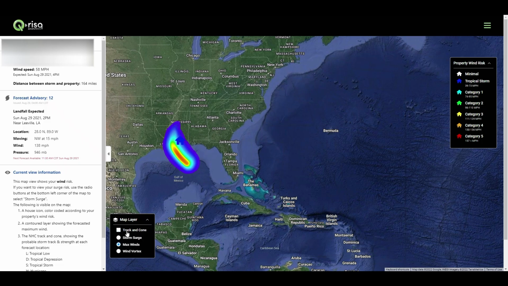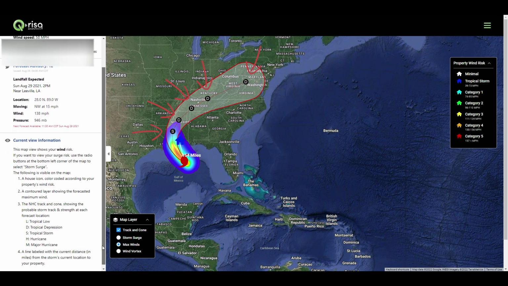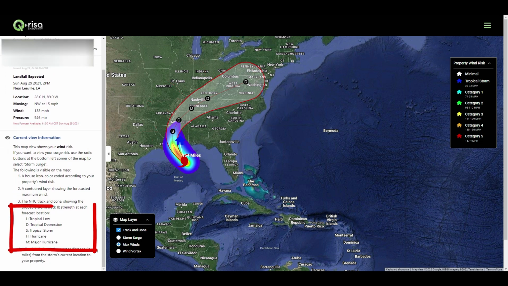Click the button in the map layers table labeled Track and Cone to display the storm's track and strength. The storm's strength is indicated by letters at certain points on its track. The meaning of the letters is defined in the Current View Information section in the white pull-out window, as well as other